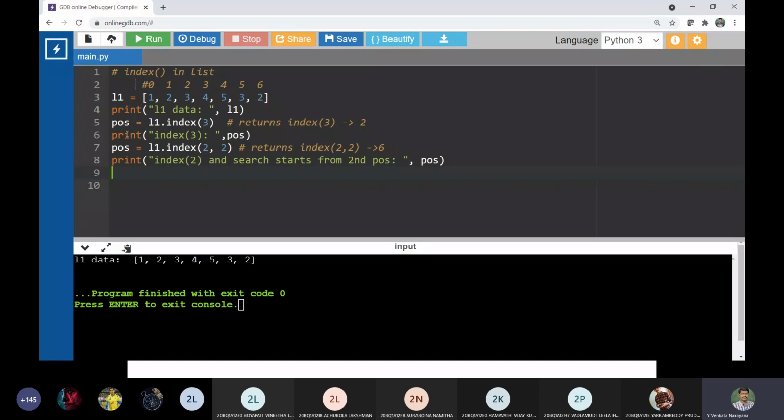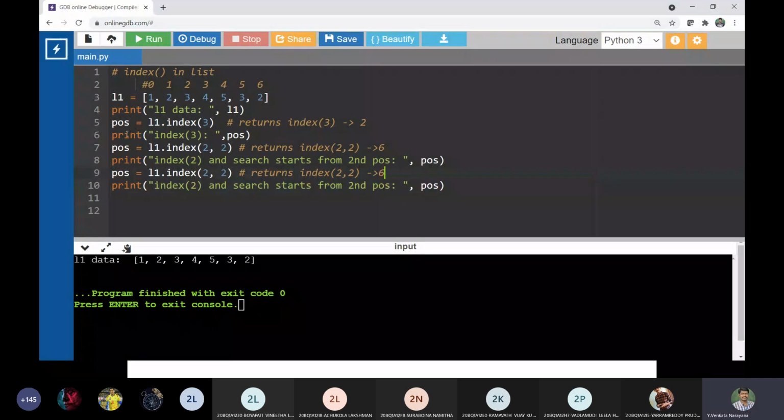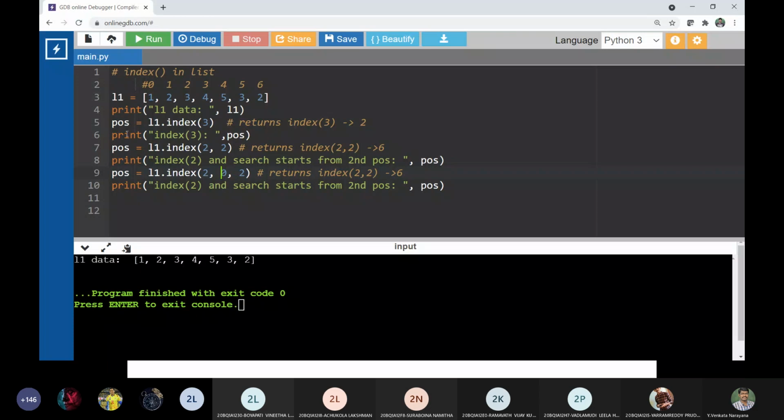Say for example, in the same way, I would like to go with another value where the search starts from 0 and ends at 2. I would like to find out the index value of 2. The search will start from 0 and end at 2. What is the return value in POS? 1.